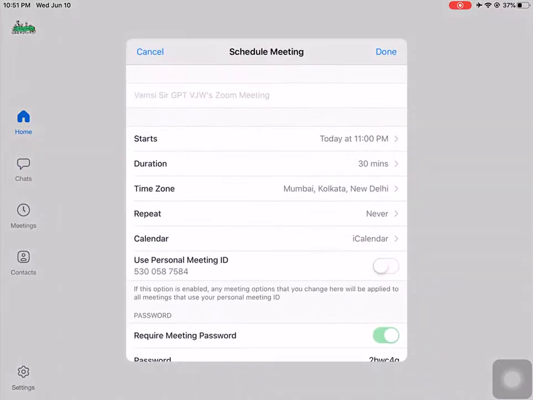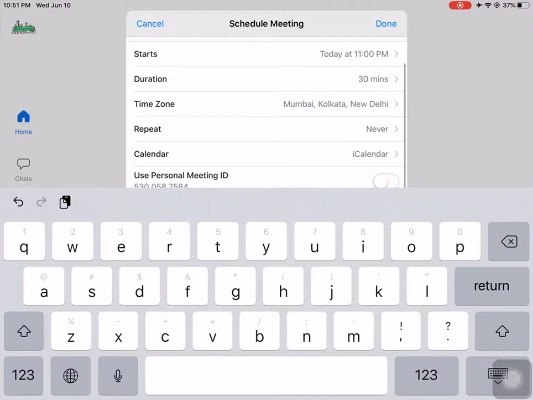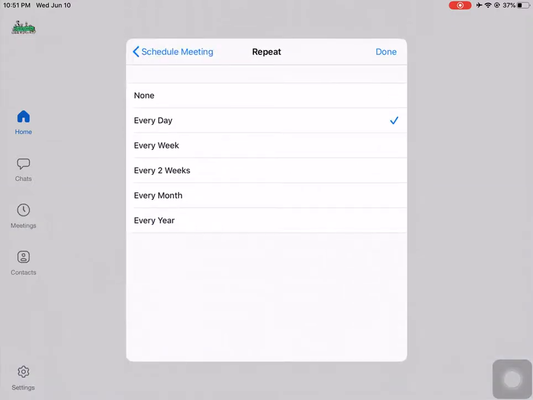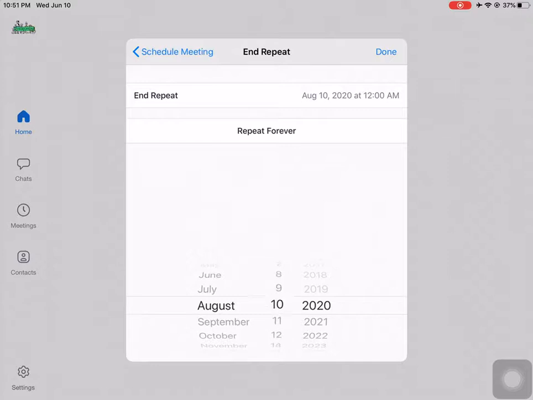And if I make a recurring meeting again, repeating it every day for 3 occurrences as before,